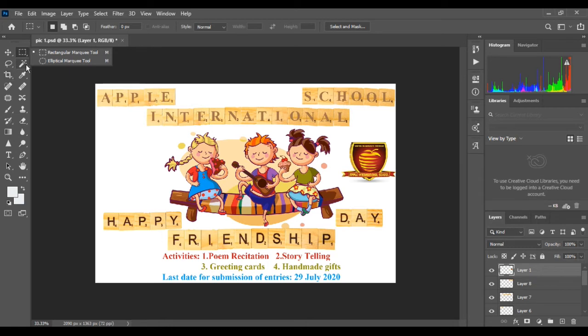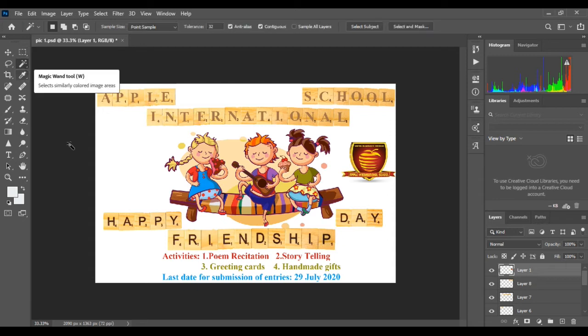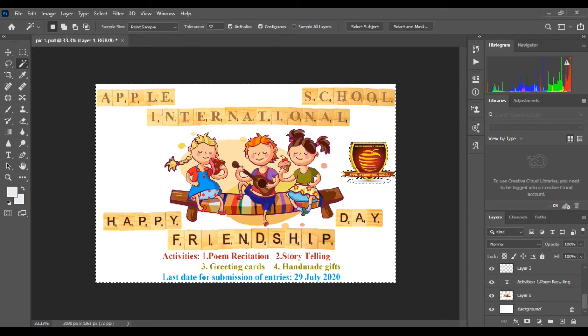Quick selection tool or magic wand tool. It selects parts of images on the basis of color similarity and tolerance value. For example, if we want to select this one part, you can select it with the help of it. First select the layer and then use the tool.